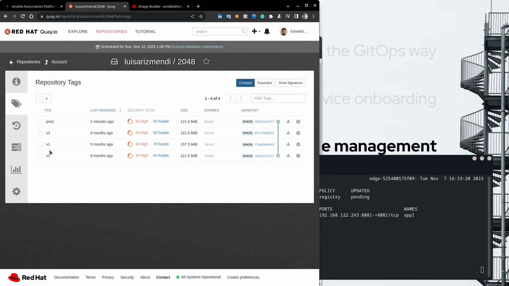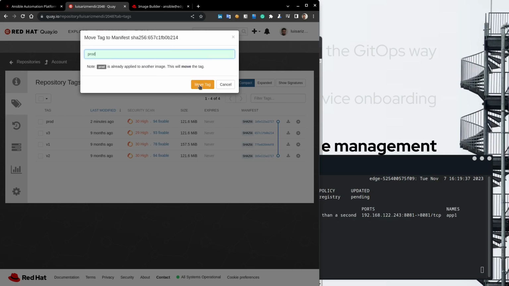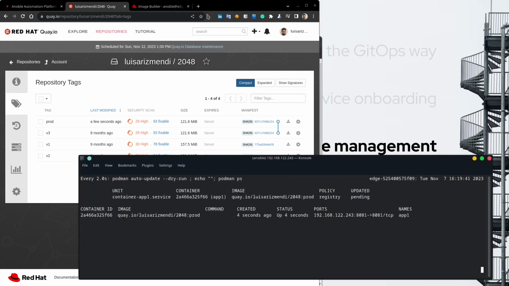So now I will move to version 3, which solves this misspelling of nginx and solves the issue with the image. So go here again, move the tag, then Podman auto-update will detect it. We will wait a little bit so the new version is up and running, and hopefully what we will see is that we get the